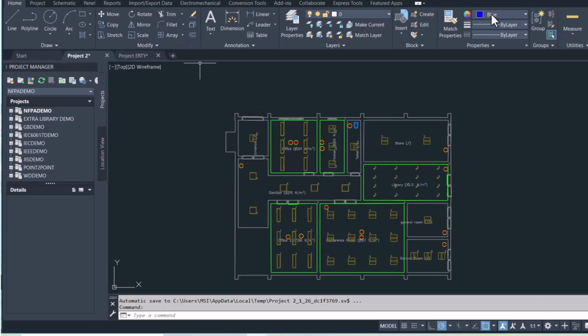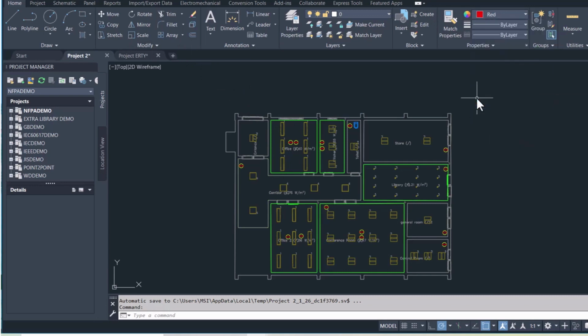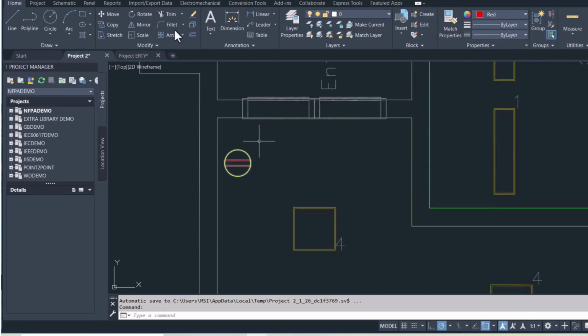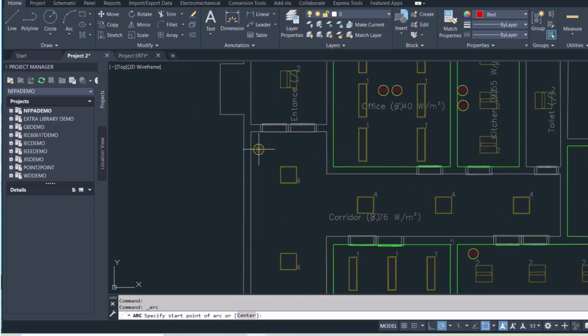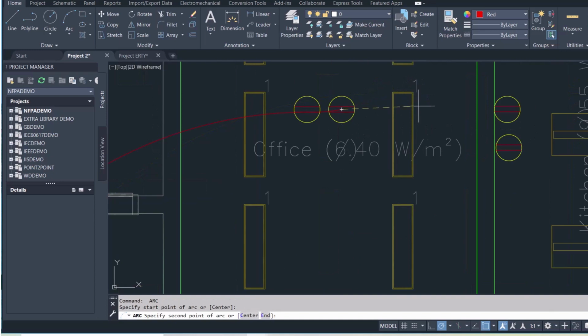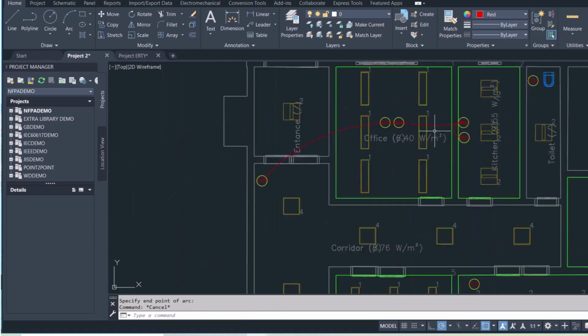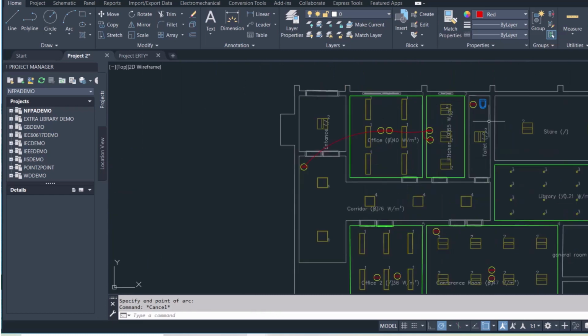So now we'll connect this. So these 5 sockets will be connected in one phase,